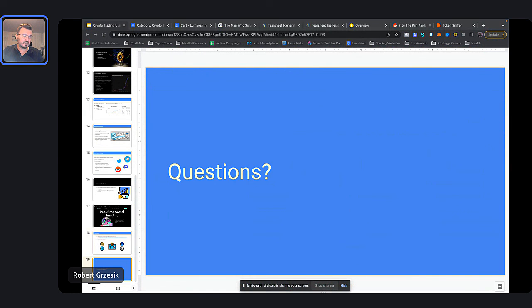Okay, Ian says here, good stuff. I'm more from the tech end, and I'm curious about the technology at play. Yeah, for sure. I hope you learned a lot from that. We use Python to build our bots. We use that because it's a very good language for data science and for machine learning. It's also very easy to get up and running and use. It's very simple to build algorithms using Python as opposed to other languages. We use a lot of data science in it. We have our Lumibot library that does this stuff for us as well. It's open source. If you have a programming background, you can find that on GitHub.